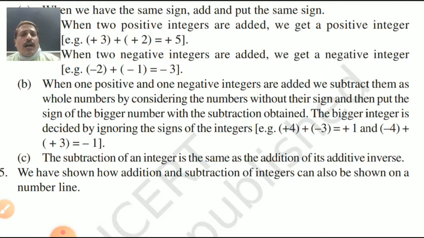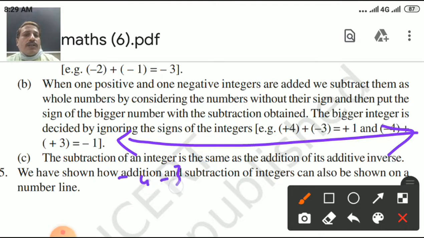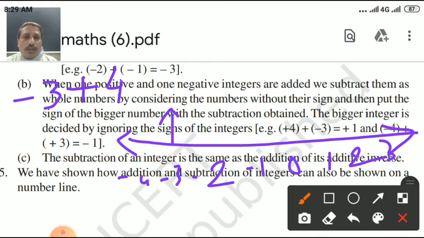You know how to read. I already said a number of times, so the number line is like this way. You have to draw it: minus 4, minus 3, minus 2, minus 1, 0, 1, 2, 3 at equal distances. Okay, students, suppose you are standing on 3. Your question is minus 3 plus 4. What you have to do, student? Minus 3 plus 4 means you have to move 4 steps to the right side. So jump from minus 3 four steps: minus 2, minus 1, 0 and 1. You will reach 1.